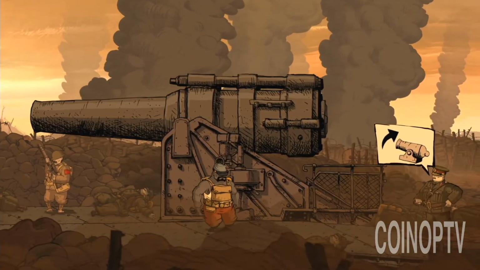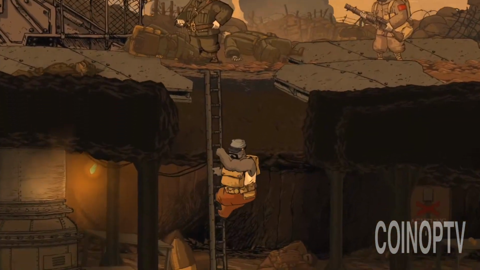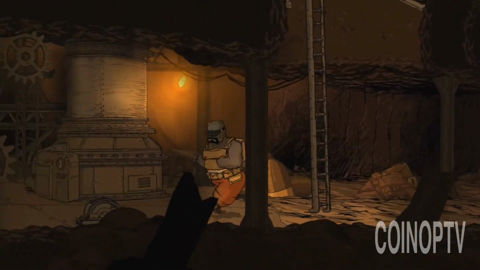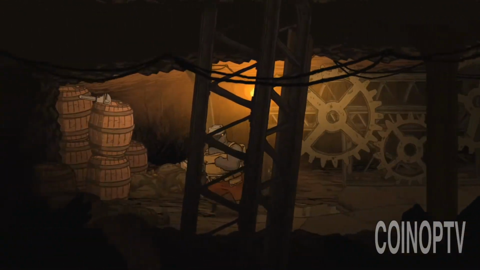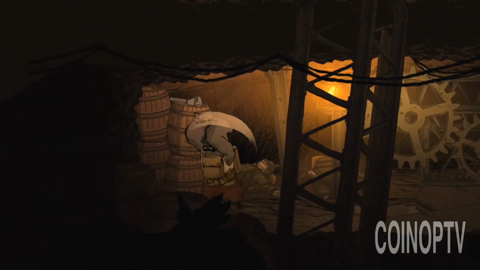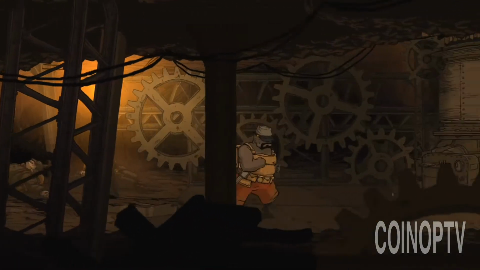So what I need to do is figure out how to turn the cannon in order to fire at the installation that's mortaring us. Alright, now look here, I have to obviously do something with that, so let's go over here. I do find it